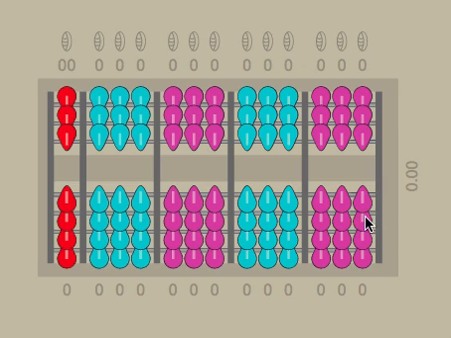This first column represents my ones. That means that every one of these counters represents a unit of 1. The second column represents my tens, which means that each one of these counters has a value of 10. The next column is the hundreds column, which means all of these counters in this column have a value of 100. And so on. 1,000,